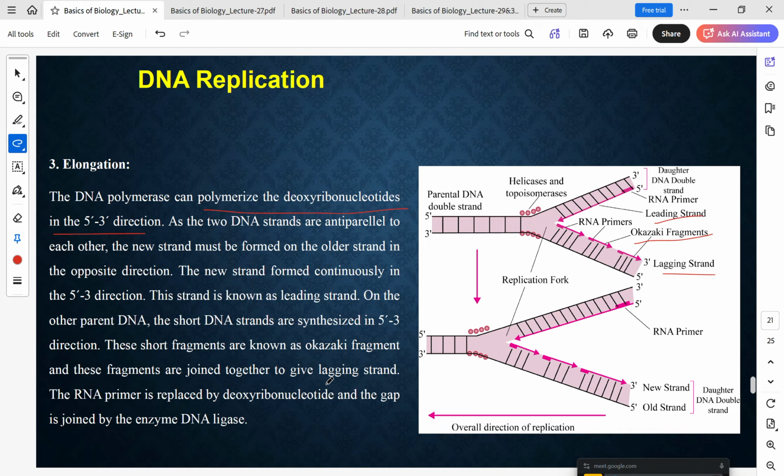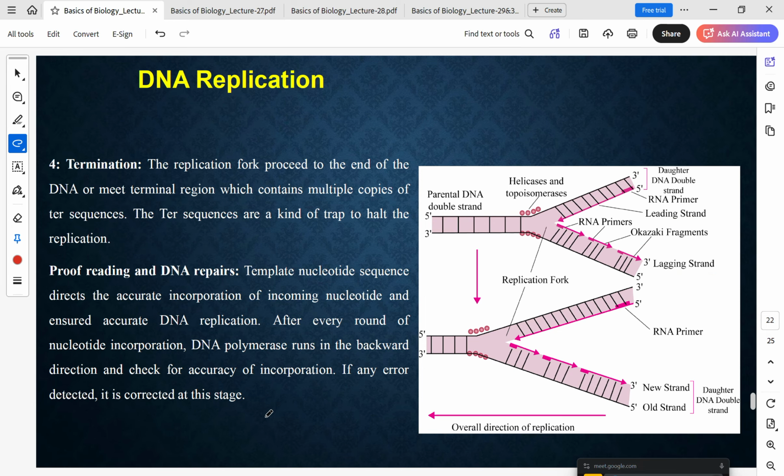The RNA primer gets replaced by DNA molecules, and the gap is joined by the DNA ligase. Then the last step is termination, wherein the replication fork proceeds to the end of DNA or is met with a terminal region which contains multiple copies of the TER sequence. These TERs or termination sequences have the sequence specificity so that they can trap and halt the replication or dismantle